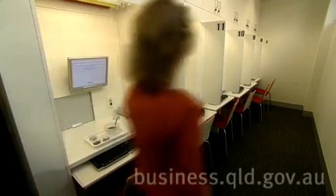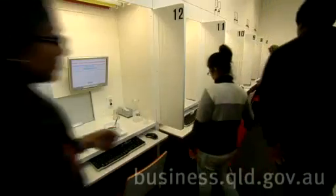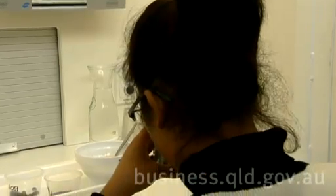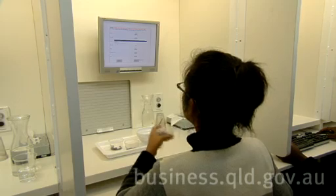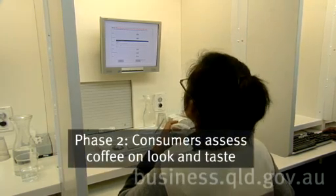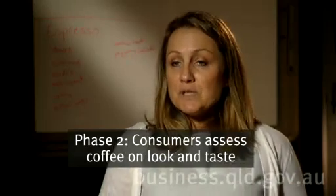What we do then is we take them into the sensory booths and they assess all the different coffees that we're going to use in the study on those particular attributes. So again, your chocolate notes, your coffee, caramel notes, all those ones that I was talking about. So that's phase one. Phase two, we get a whole slew of consumers to come in, probably around 250 consumers,